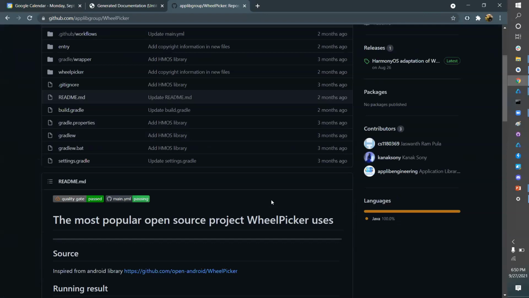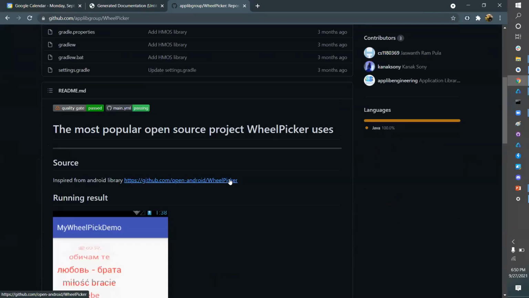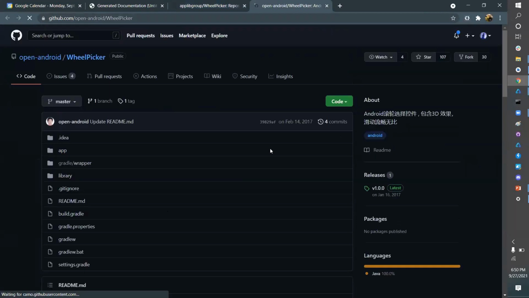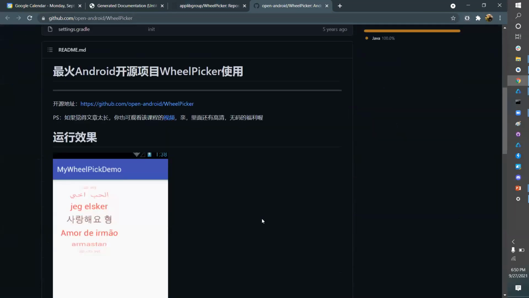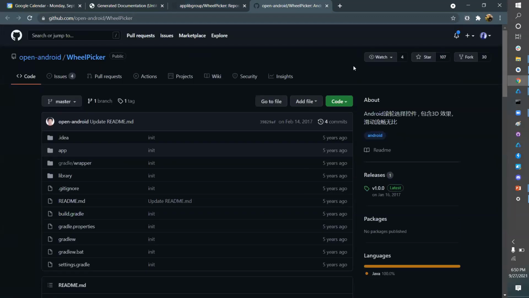So this is a Harmony OS library which has been ported from this Android library. So how do we do that? We will clone it.